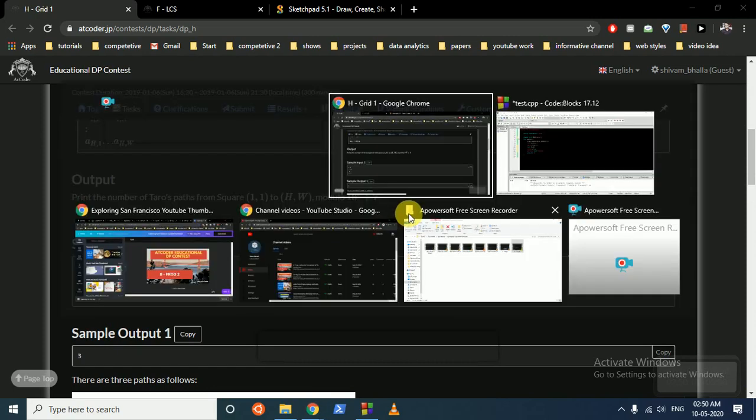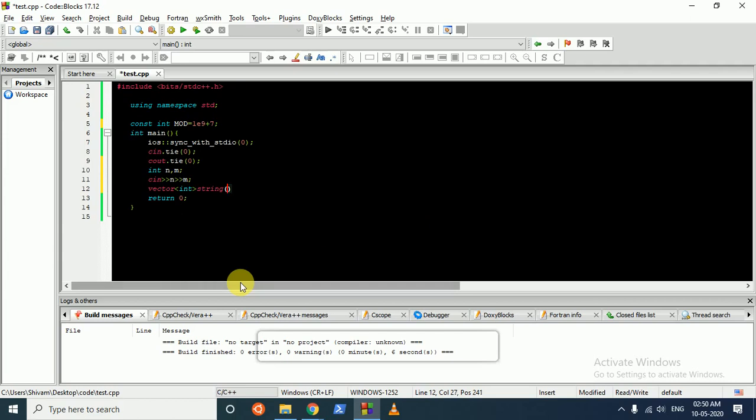Okay, so I'll take in this way, sorry. So take the input of these strings, name this s. Now do a for loop from i equal to 0, i less than n, i plus plus, put these strings in this vector. Now make a vector to store our answer on which we'll iterate.